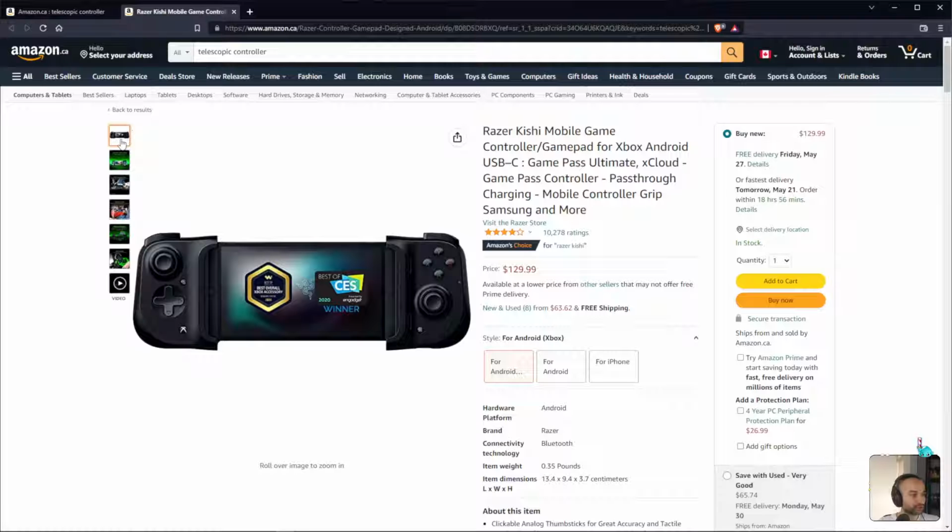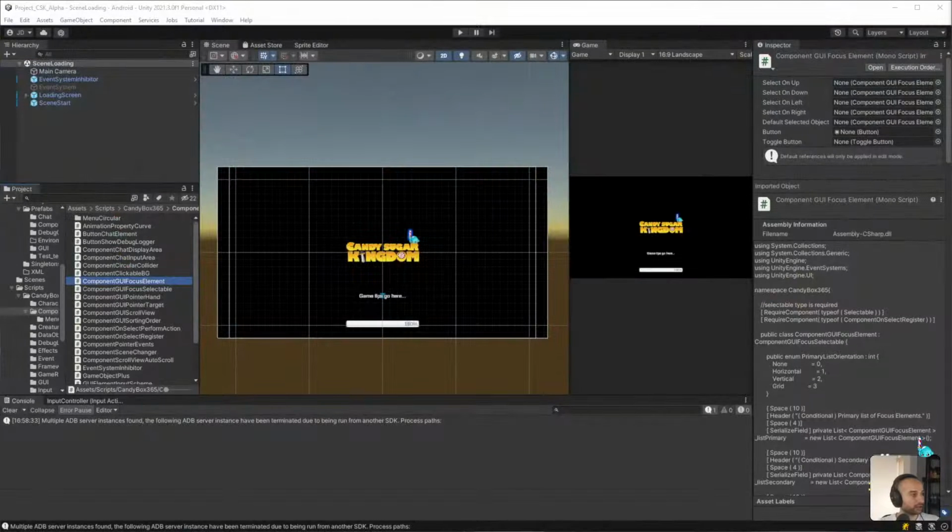So we want to support this, and of course we want to support a standard Xbox or PlayStation controller, either wired or Bluetooth. Both should work fine, and that's what I test: both wired and wireless on my own devices that I choose to test on. Of course, I don't have an Apple device, so I can't really test it on that, but I do have Android.